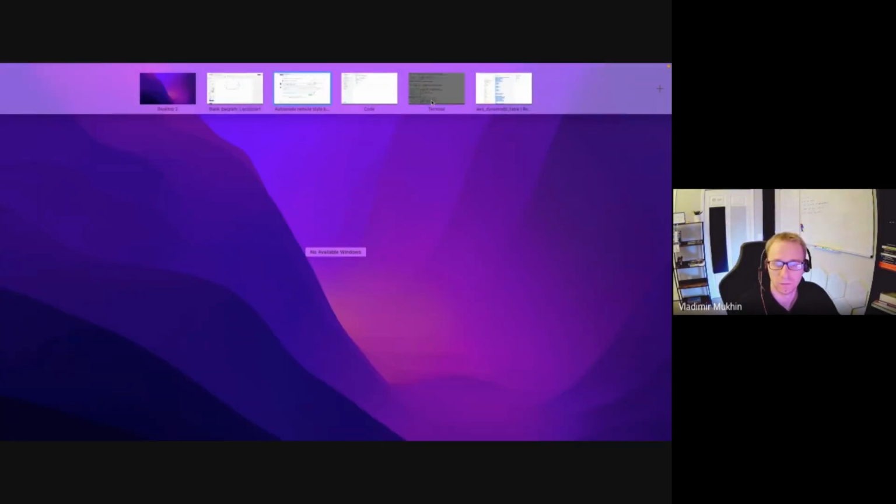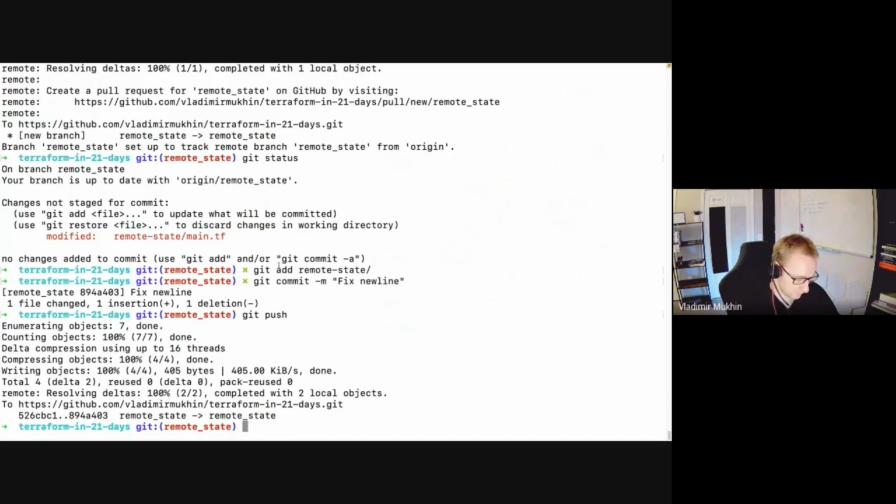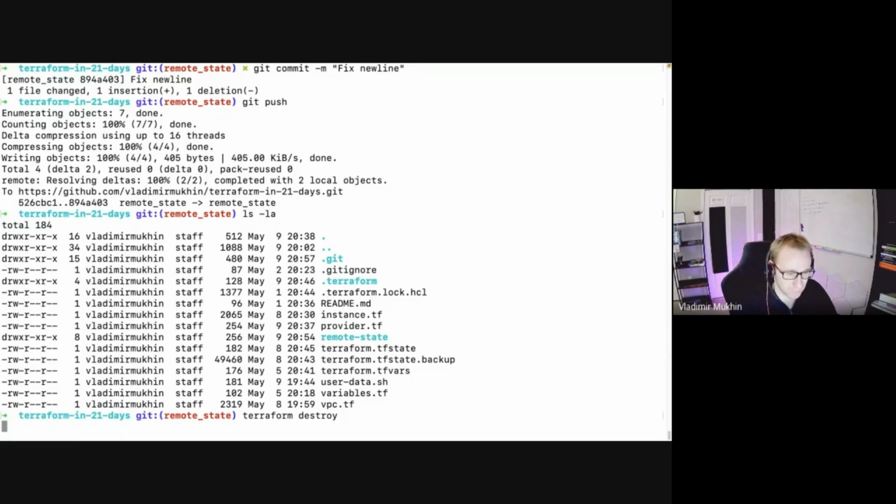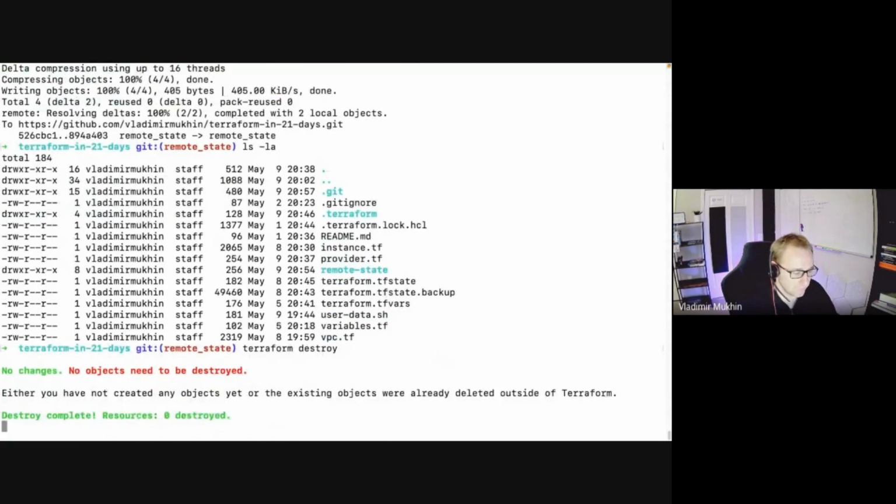Okay, so let me do this. For the remote state folder, you don't have to run Terraform destroy again and again. It is okay to keep this bucket and this DynamoDB table. It will not cost too much. For the rest of the infrastructure, don't forget to run Terraform destroy as usual. With that, that's all for today. And let me know which questions